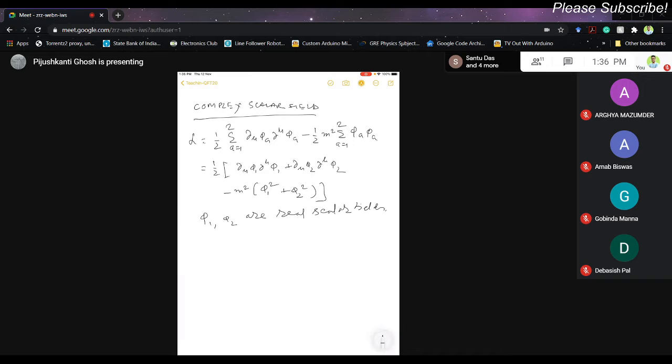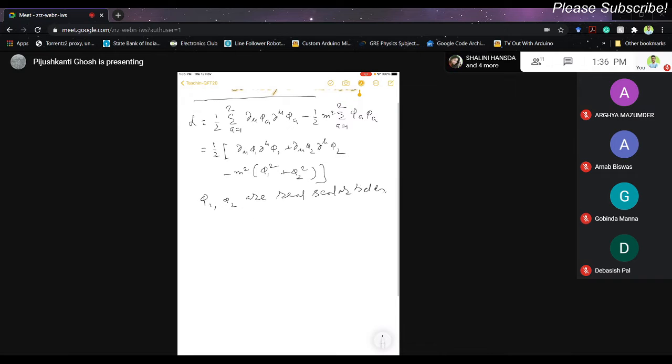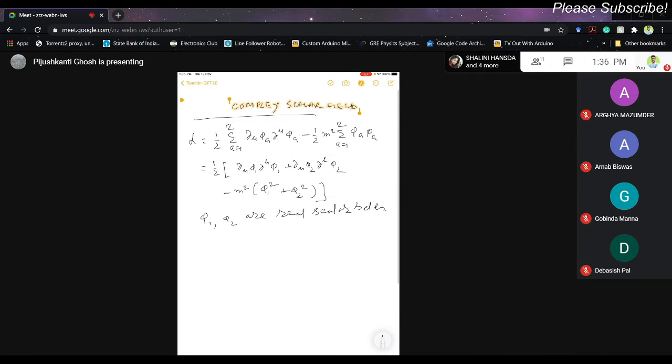Here we have two real scalar fields, and there is no interaction, okay, between the two real scalar fields. So it's basically a free complex scalar field. Okay, so this is a free complex scalar field, because if you look at this equation, del mu phi 1 minus m square phi 1, okay, and del mu